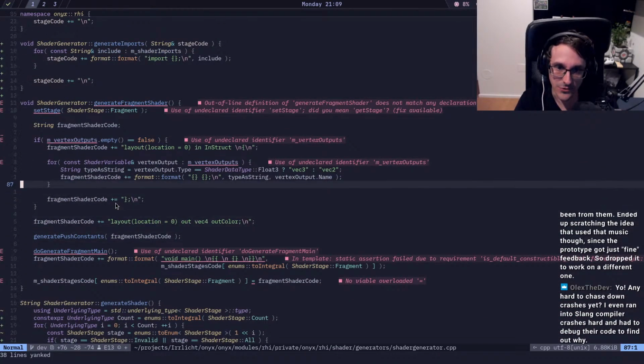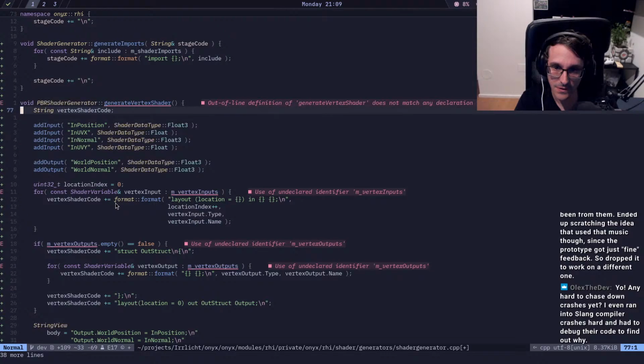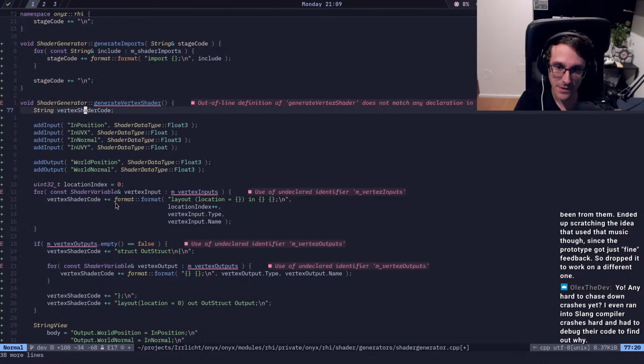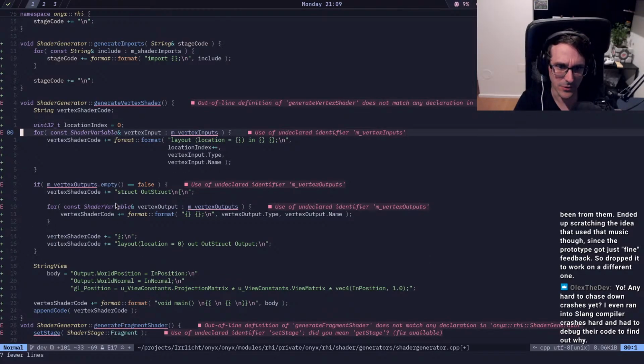So yeah, here generator, and then shader generator, and then instead of doing this, we just take our vertex inputs,